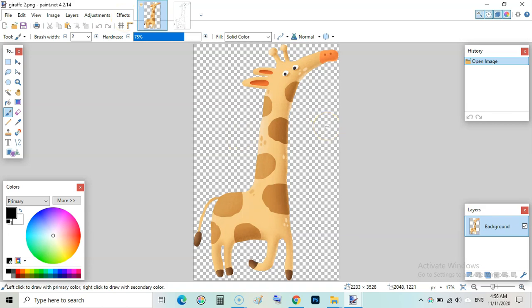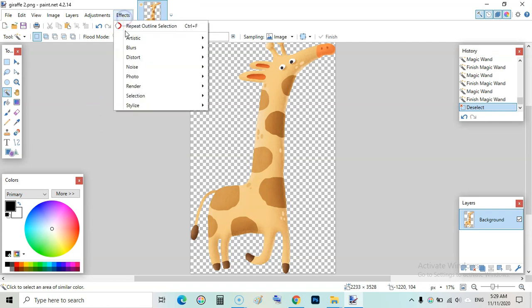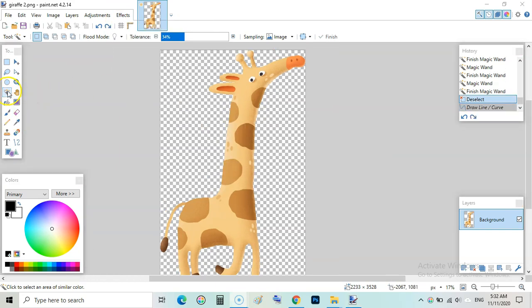Now it's time to convert this into this. Now once you are done with your effects option and selection option, you should see effects and selection and this outline. Once you are done with that, just click on the magic pen tool and then click on one of these colored